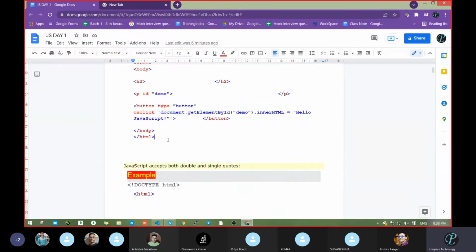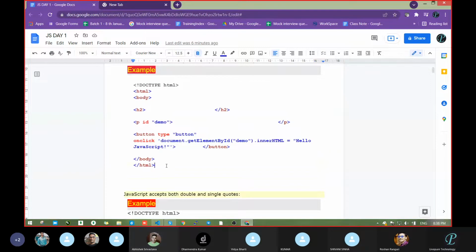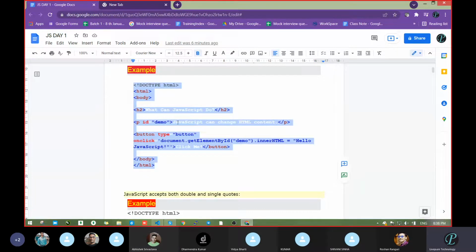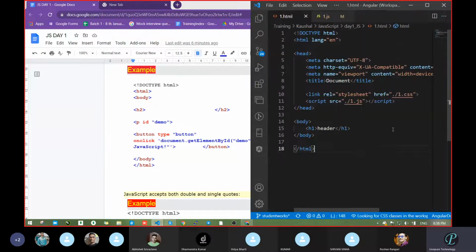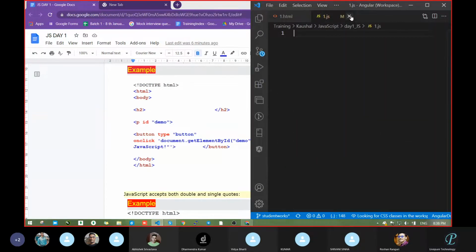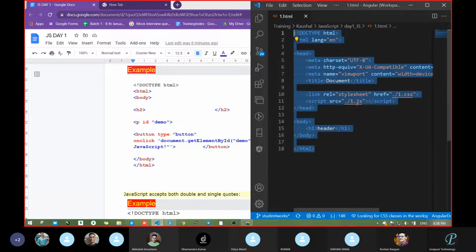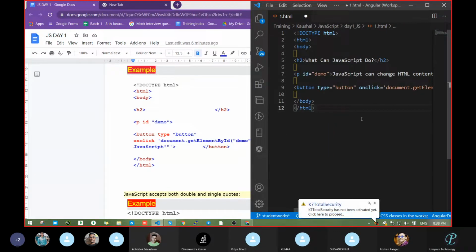Okay, let's see just one example. Don't worry about what code is written there. We will just look over the sample. That's it. Let's see what it's going to do.